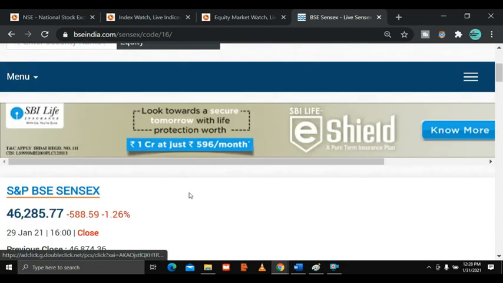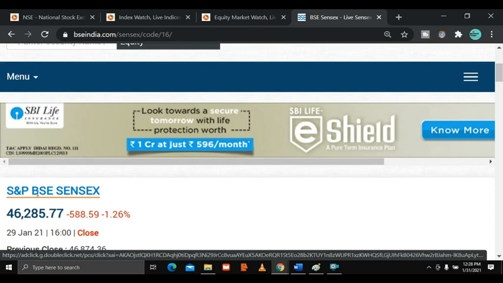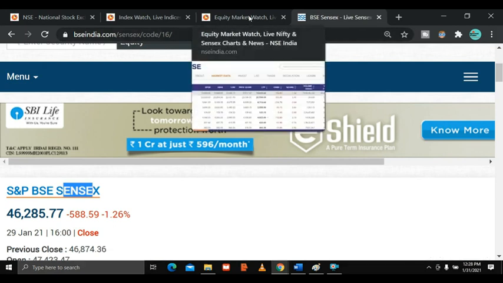See, numbers may differ, but the whole purpose of what I'm showing you here is that half of the money in BSE itself is invested in Sensex stocks only. Half of the money is being invested in the Sensex only. Sensex carries the highest weight in that market. Compared to any other index, it is the highest index. That's why half of the money is being invested.